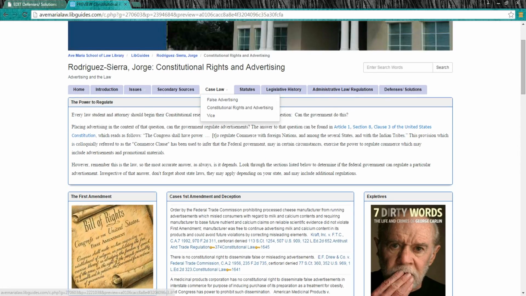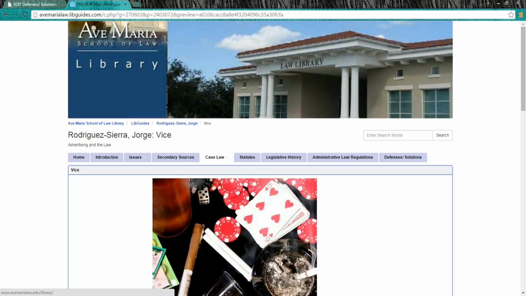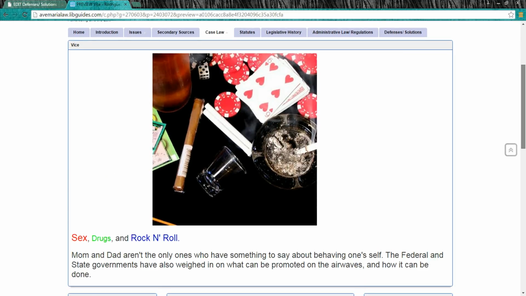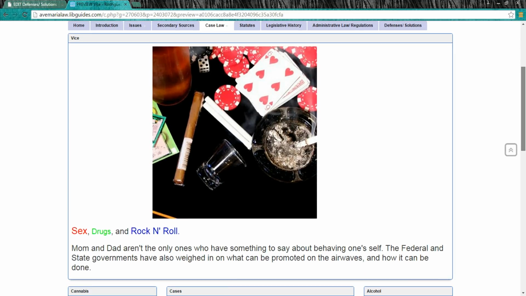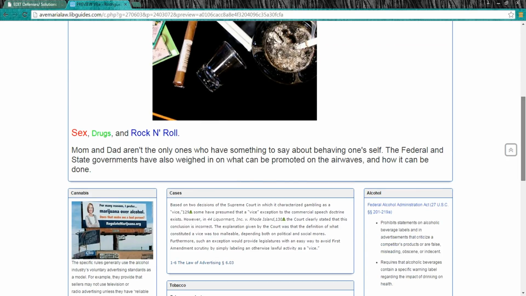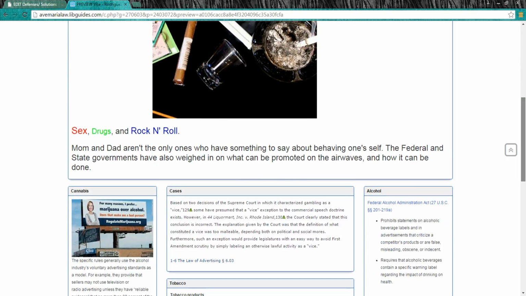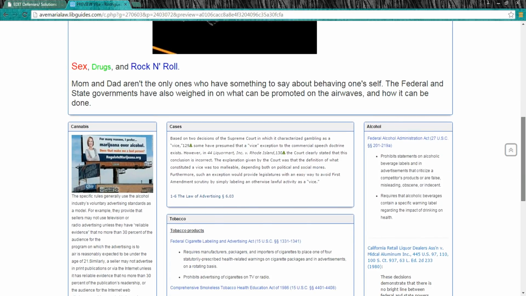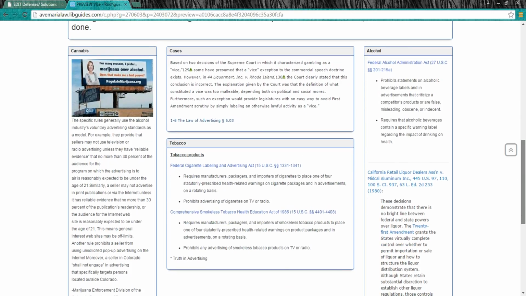So the final issue under case law is vice, and this is about the different forms of vice and how advertising for them is a lot more scrutinized by the government as well. So there's gambling, there's tobacco, there's alcohol, and now I even looked up